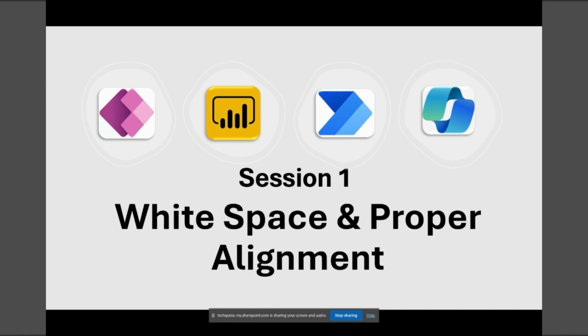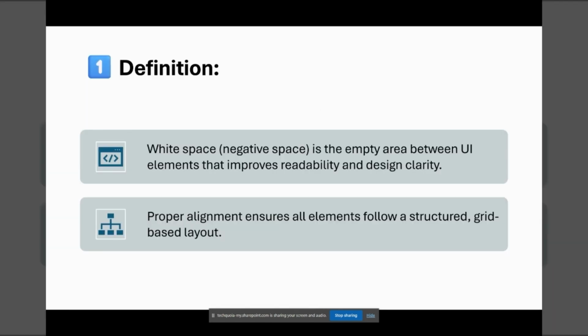especially in areas where you as a designer or developer have the control to make things look better. So we're going to start with white space, like I said, and what proper alignment and all of these things means. So first, the definition of white space is just an empty area between the UI elements that improves readability